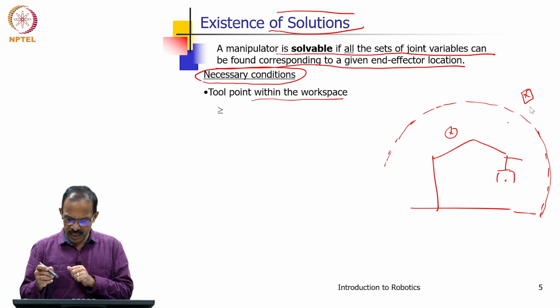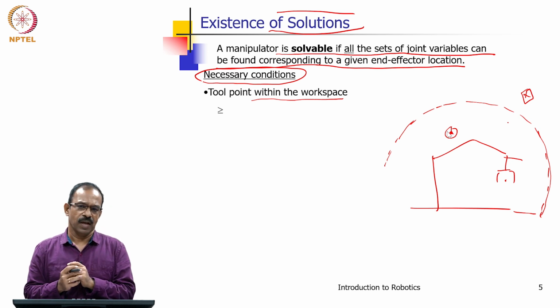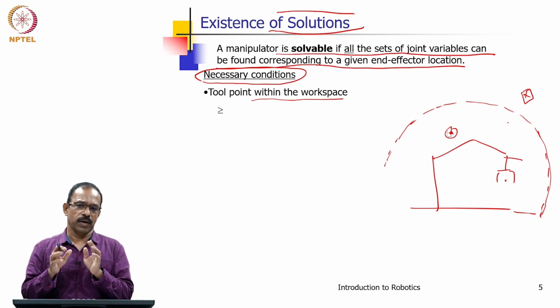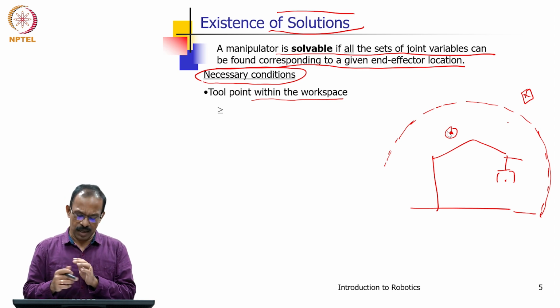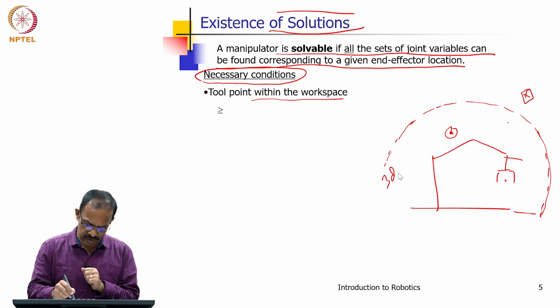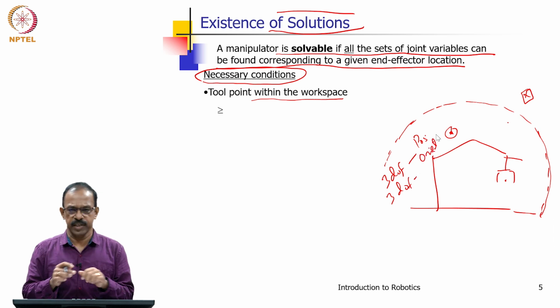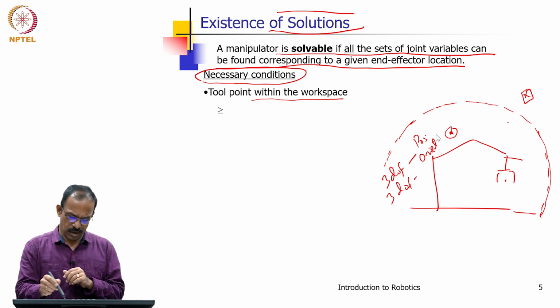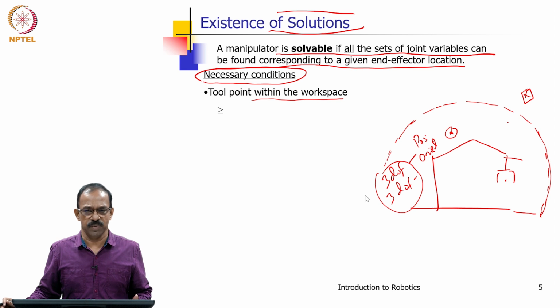Now, we know that if I want to reach a position, I will be able to reach it, and I may want a particular orientation also. So, I need a desired orientation at a desired position, and I know that there should be 3 degrees of freedom for positioning, and another 3 degrees of freedom for orienting. That means I can get any orientation and any position within the workspace using this 3 plus 3, that is 6 degrees of freedom.